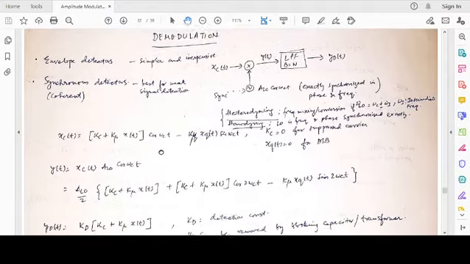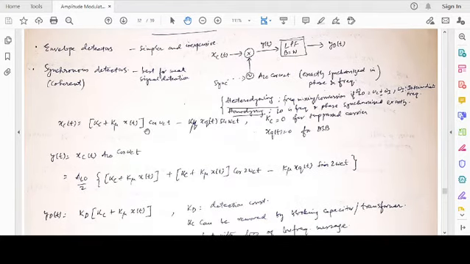A general modulated signal would look like this: the I component containing Kc plus K mu xt and the Q component containing K mu xqt. The general amplitude modulated signal would be (Kc plus K mu xt) cosine omega ct minus K mu xqt sine omega ct. If Kc is 0, you have suppressed carrier schemes. If xqt is 0, you have DSB and so on and so forth. If xt and xqt are related by Hilbert transform, you have SSB, and vestigial sideband would be something a little bit different from that.